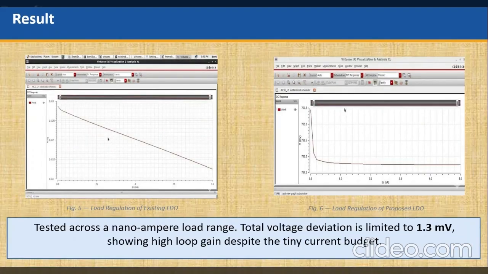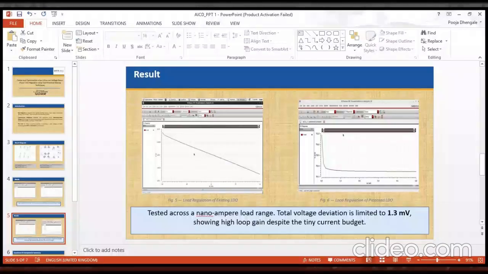Next is the load regulation graph, in which I analyzed this across a nanoampere current range, which is typical for an IoT sensor in sleep mode. Traditional designs often suffer from overshoot here, but thanks to our high impedance feedback resistor, we kept the voltage deviation to just 1.3 millivolt. I think this result is the gold standard for nano power design, because it shows that we can achieve millivolt level accuracy without